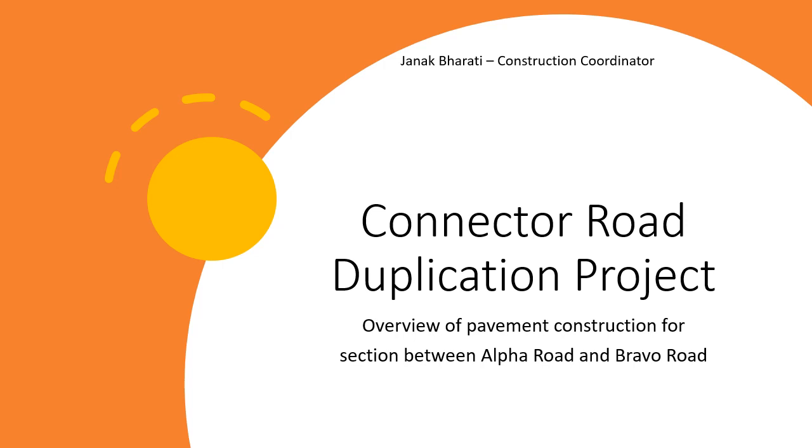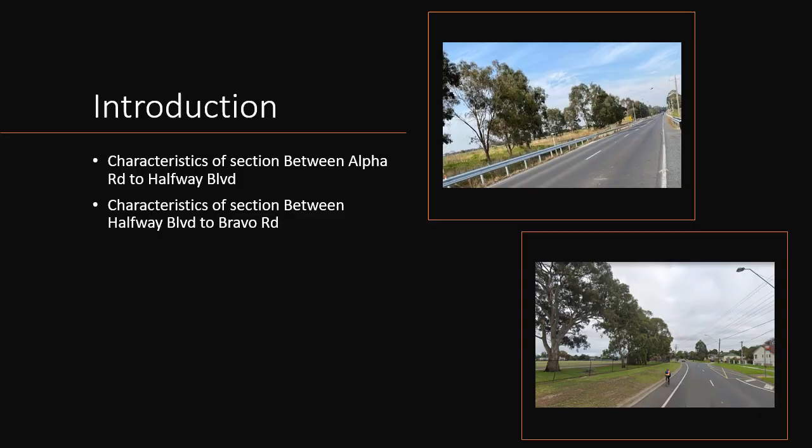The newly constructed road will form the eastbound dual lane carriageway, while the existing road will serve as the westbound carriageway after the completion of this project. So among the two distinct characteristic road sections separated by Halfway Boulevard,